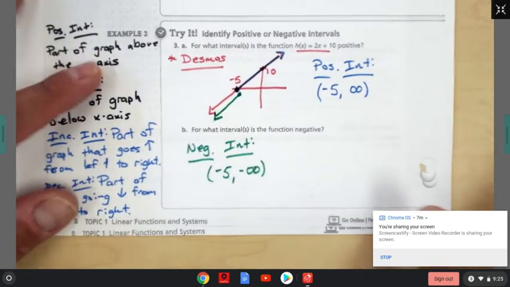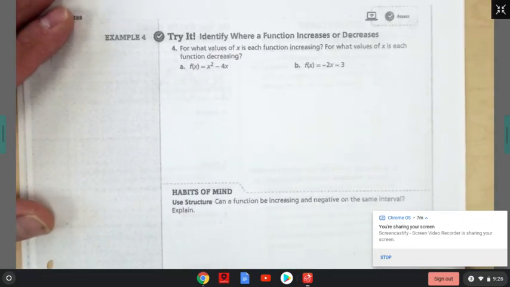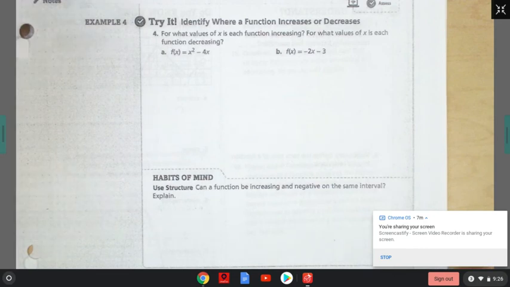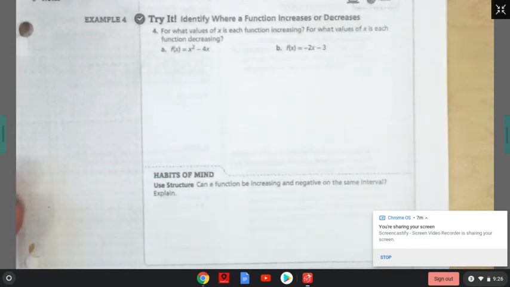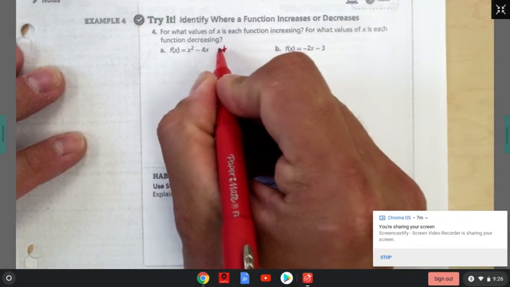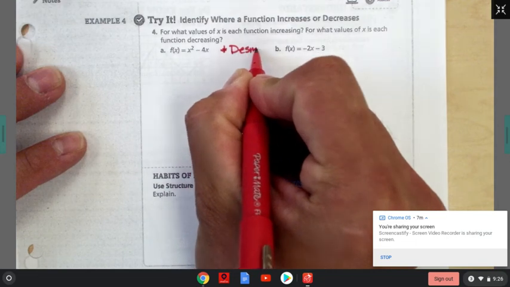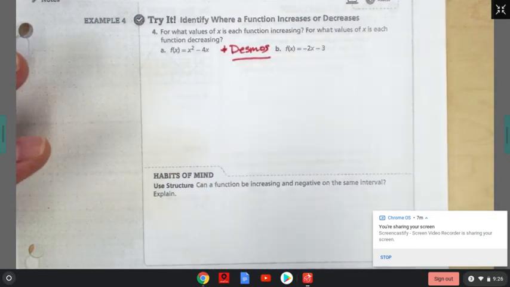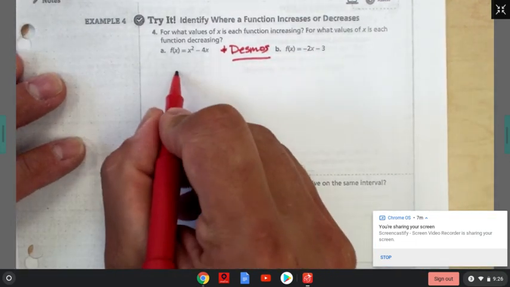So if we flipped our paper over, or workbook over to page 3, okay? And we look at example 4. It says for what values of x is each function increasing, for what values of x is each function decreasing. So once again, in order for us to do this, we have to graph it, okay? So Desmos, or a graphing calculator if you have it, but Desmos will work just as well. If we were to graph this,